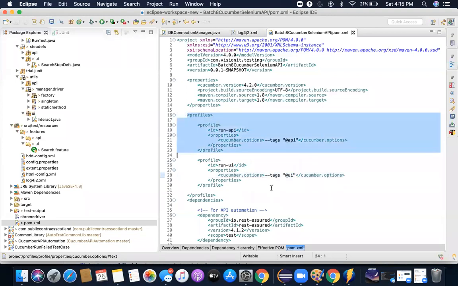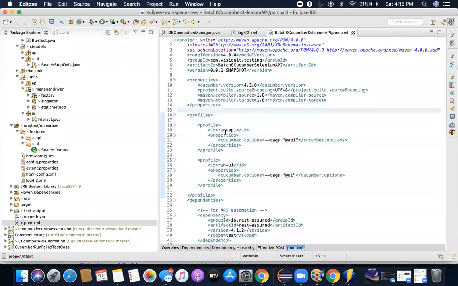Profiles is a Maven concept, by the way. How it works is you create a profile tag, then the ID and the properties which you want to send. Not only properties, you can write anything inside a profile. I can write the whole build, execution, everything. But I don't want to confuse you, so I'm just keeping properties here. Inside profiles, you can completely customize it. Like if I'm running this profile, I am only going to run these plugins. That also can be customized using profiles.